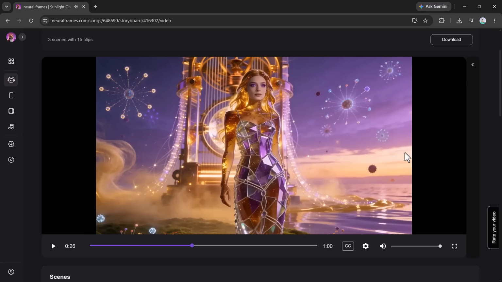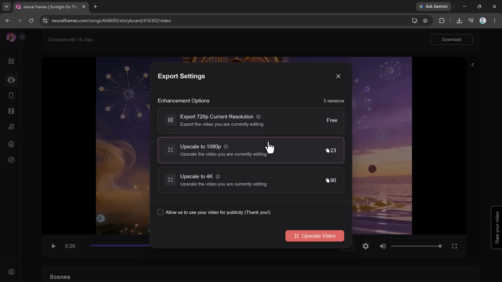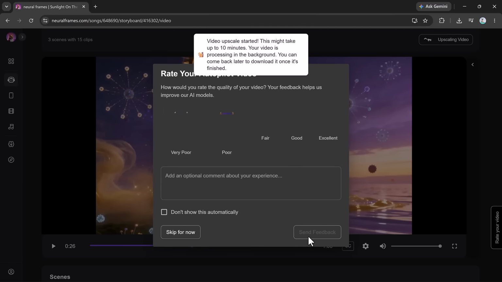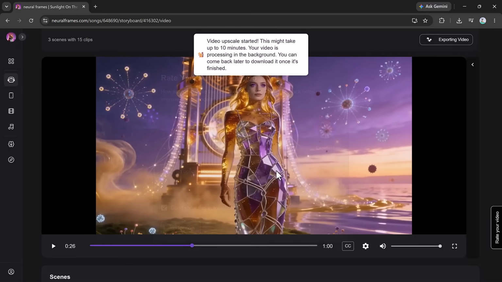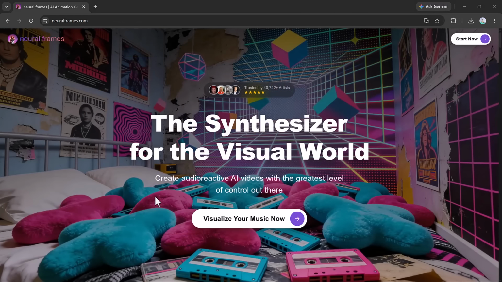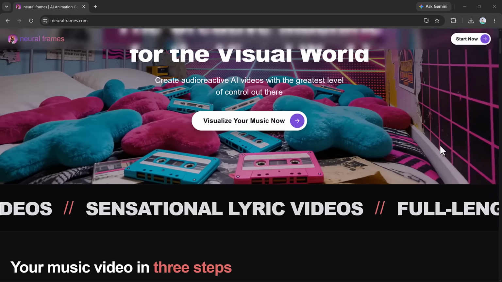Overall, Neural Frames is an incredibly powerful platform for musicians, content creators, and anyone looking to produce eye-catching AI-generated music videos without complex editing software. Whether you're creating visualizers, lyric videos, or full cinematic music videos, the platform makes the entire process fast, creative, and